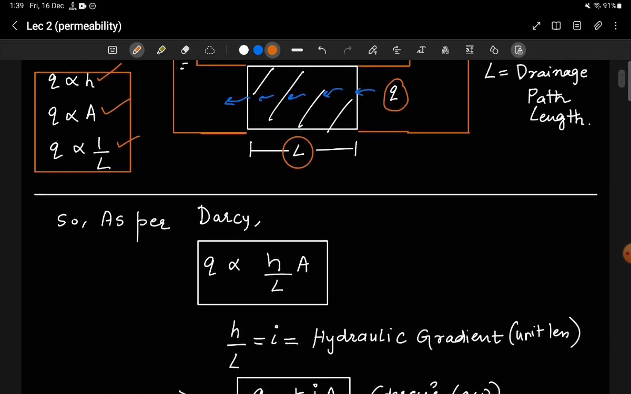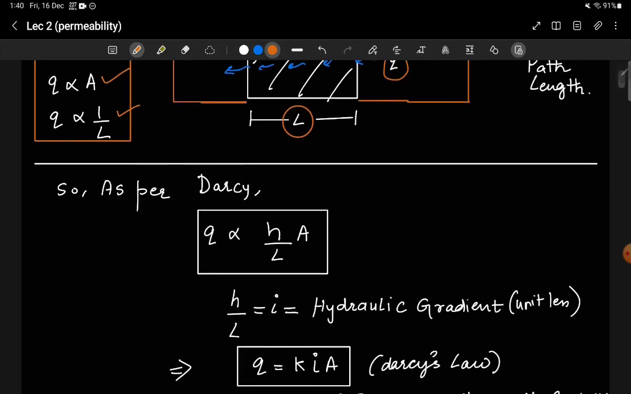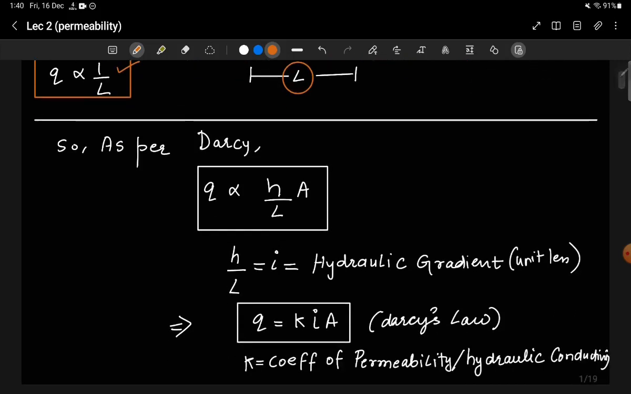So the ratio of head difference by the drainage path was denoted by i, which is the hydraulic gradient. और ये unitless है because H भी length का parameter है. I mean head difference is denoted in meters and L is also denoted in meters. So the discharge as per Darcy was given by Q = kiA. This is your Darcy's law, जहाँ k कोफिशिएंट ऑफ परमिएबिलिटी या हाइड्रोलिक कंडक्टिविटी है. हाइड्रोलिक कंडक्टिविटी ही आपका कोफिशिएंट ऑफ परमिएबिलिटी या परमिएबिलिटी कोफिशिएंट है,